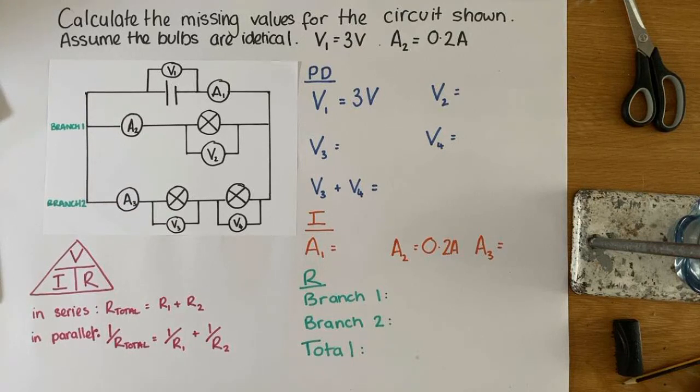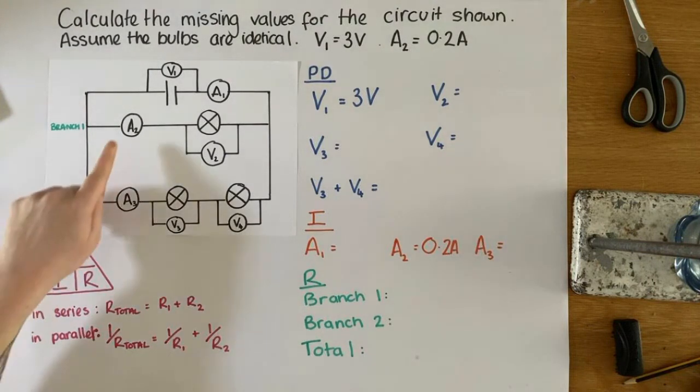We're going to go through this worked example. So the question is, calculate the missing values for the circuit shown. We're told to assume that the bulbs are identical to each other, and we're given two bits of information: that voltage number 1, this one up here, is 3 volts, and the ammeter reading at ammeter number 2, this